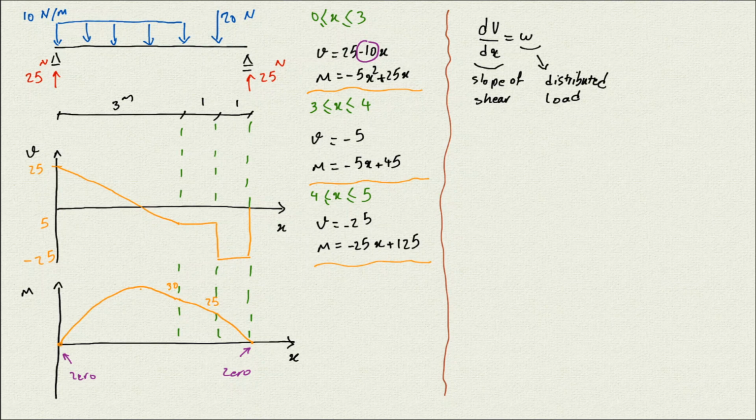In between this area, there's no distributed load. From here to here, the distributed load is 0, so as you can see, it's constant. It doesn't have any slope. And also the same here, from here to here, there's no distributed load, so there's no slope. It's going to stay constant. So that's one thing that we can always use to check our calculation to make sure that what we are doing is right. Similar to that, another point that we have is